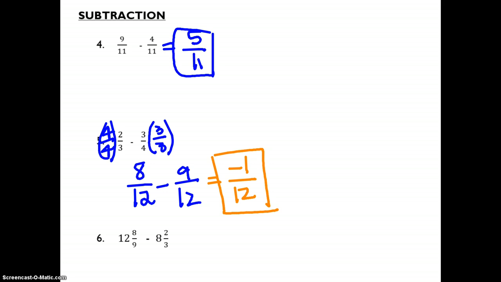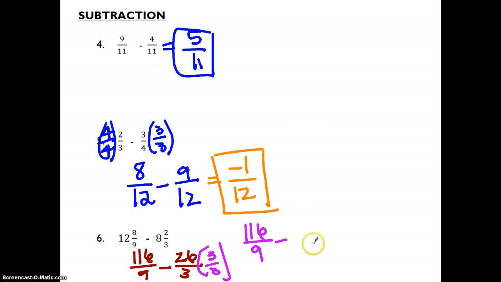My next one, I need to change them out of mixed numbers to begin with. So I have 9 times 12 plus 8 is 116/9 minus 8 times 3 is 24 plus 2 is 26/3. And I need to find a common denominator. In this case, I'm going to choose 9 because that means I only have to touch one fraction. So I'm going to touch this one, multiply it by 3/3,